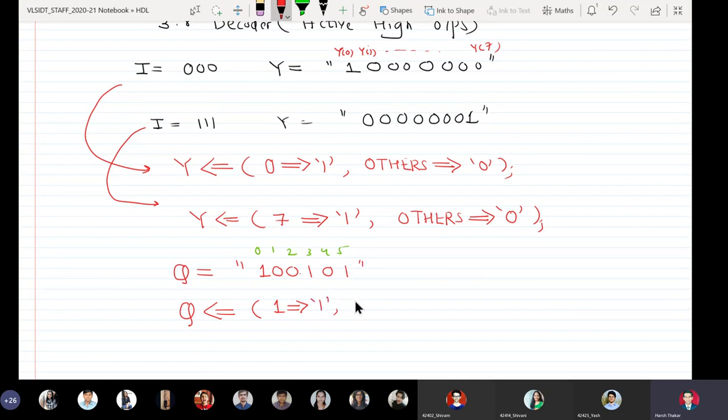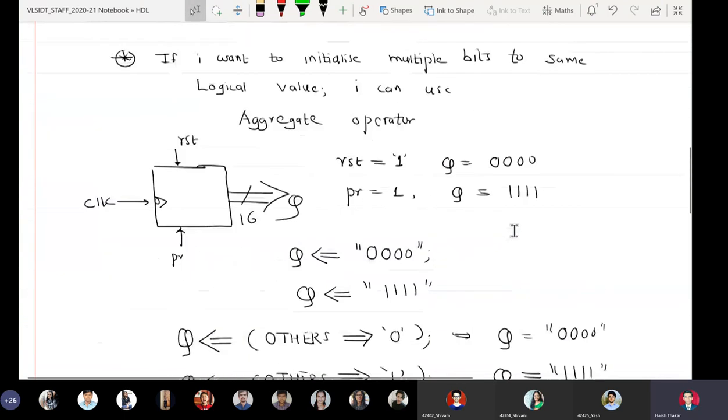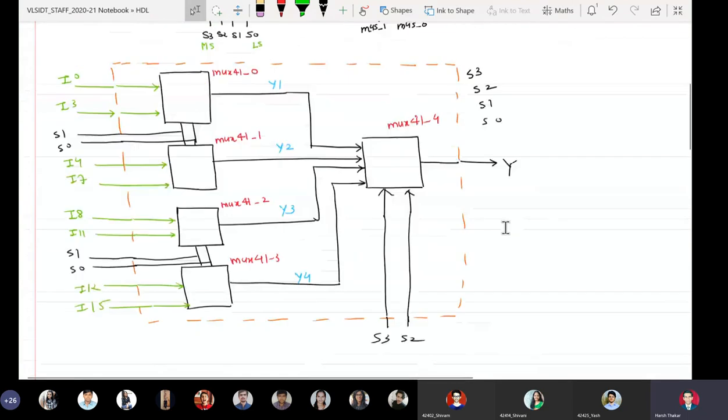Then I will say 1 to 2 is assigned 0. Then I can say 3 is assigned 1, 4 is assigned 0, 5 is assigned 1. Okay, so this is very complex. It doesn't happen usually in digital. Okay, so this is how you use aggregate operators in VHDL.